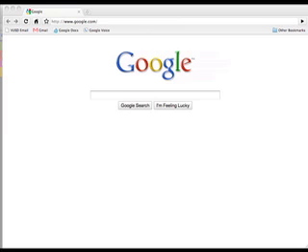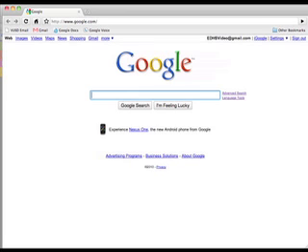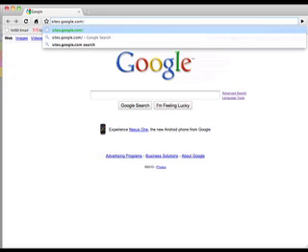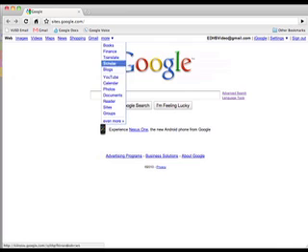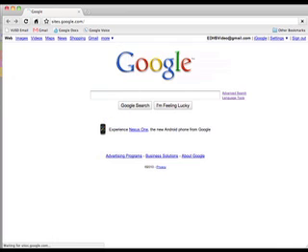This is going to be a quick demonstration on how to create a Google site. This is the Google homepage at google.com. If you were to just type in up here at the top, sites.google.com, it would take you right over to how to create a web page. You can also just simply go to More, drop down, and choose Sites, and it'll take you right over